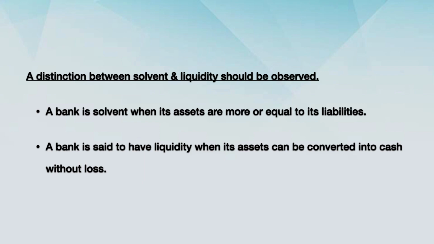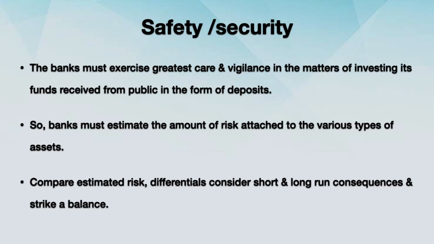Two things the bank needs to remember. The bank must always have assets twice or at least equal to its liabilities. If it has more than its liabilities, then the bank is in a beneficial position. Second, when is the bank said to have liquidity? When the bank can convert its assets into cash in a short time period without much loss. Is that clear? So that's the first point, liquidity.